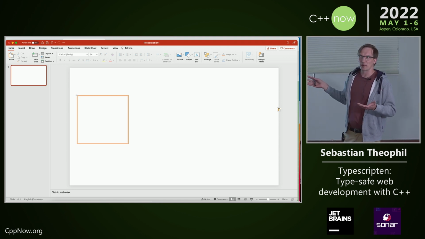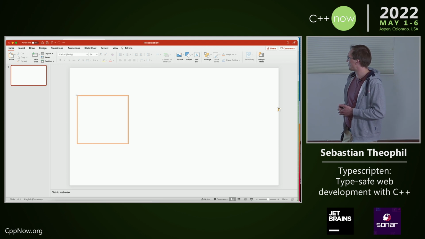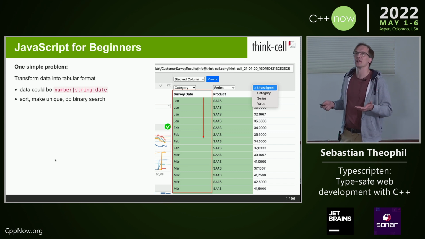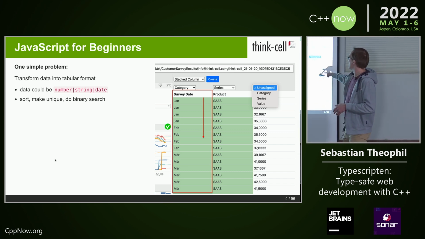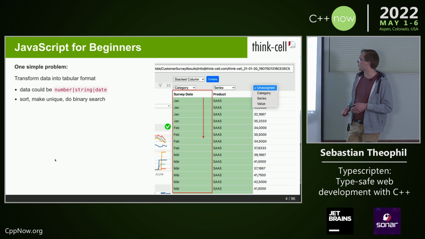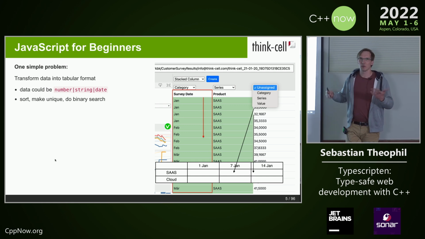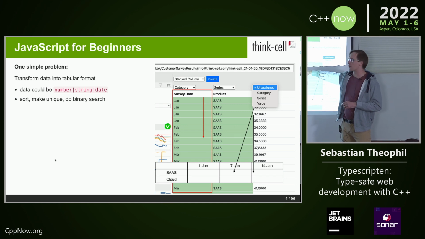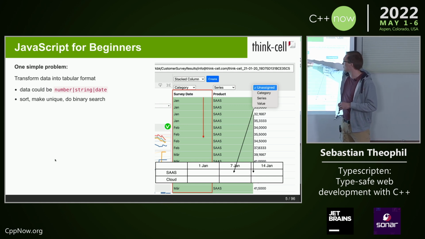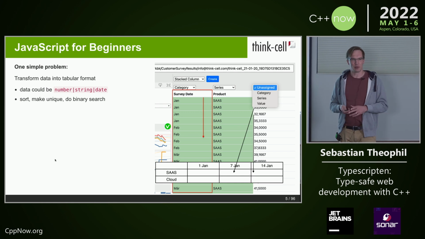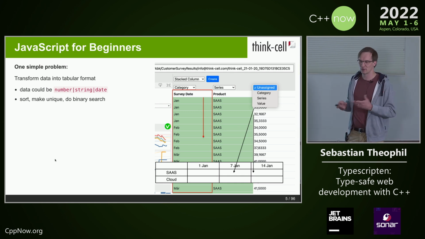So this was the entire web application. It has maybe 1,000 lines of code. And there's the chart. And it only has to do one interesting thing. This data here comes in a long list of individual data points, and we have to transform this into the canonical tabular data format. So each data value can be a number, a string, or a date, and we had to sort these values, make them unique, and then do a binary search so we can put these values into a table. Pretty simple. Now I tried to program this using TypeScript